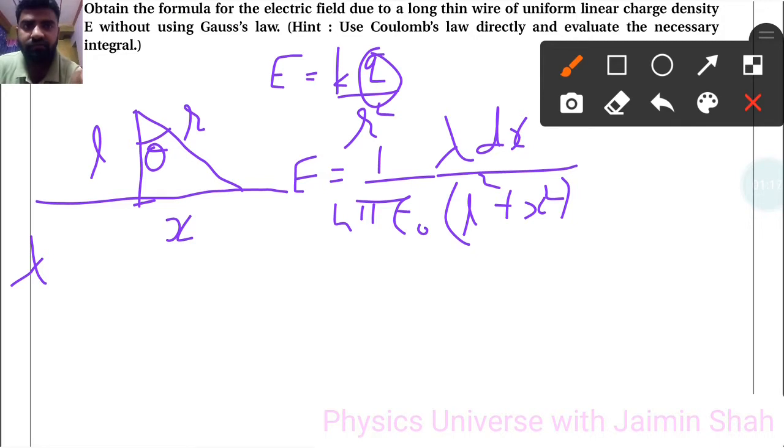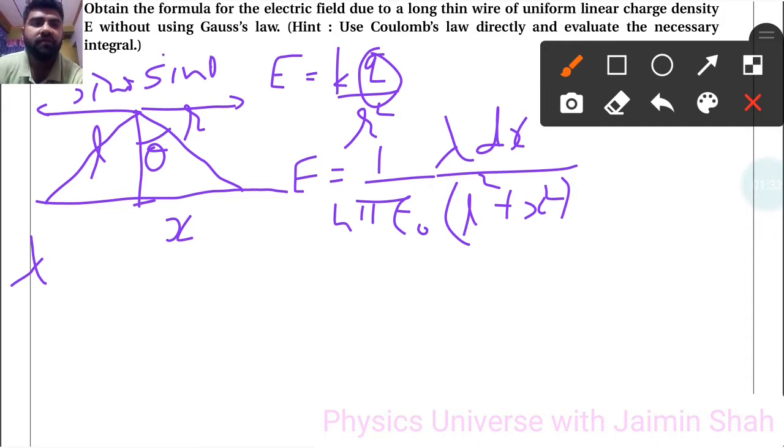Similarly we can also draw this line on the other side. So the sine components get cancelled out because both are opposite, one in the left-hand direction and one in the right-hand direction. So these are the sine thetas; they get cancelled out and we are left with only cos theta. So I have to write cos theta here, right? So that is cos theta.